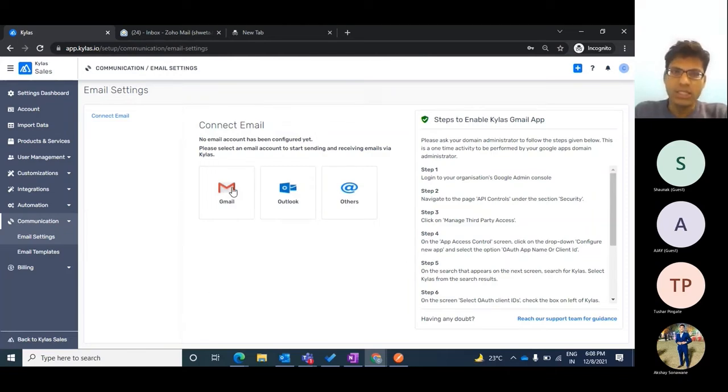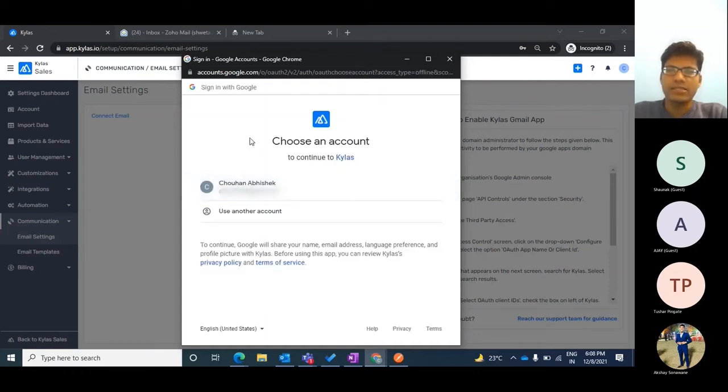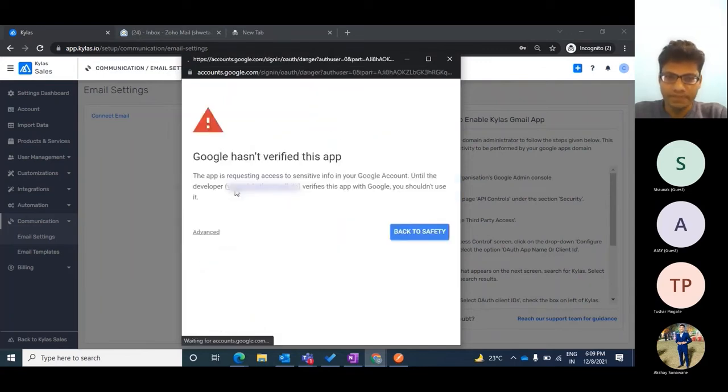Okay, so let us start with Gmail. Gmail and Outlook work in a similar fashion, so I'll cover the Gmail part and then move to the other section. In order to connect your Gmail account, we simply have to click on this link. It will ask me to choose one of my Gmail accounts, so I'm going to choose one of the accounts that I use frequently.